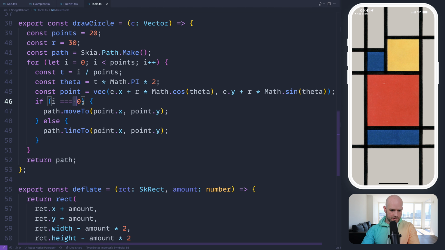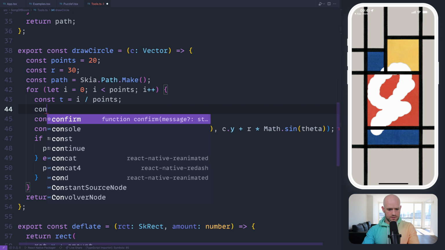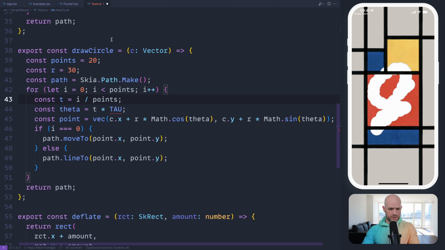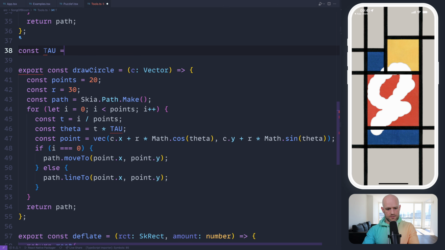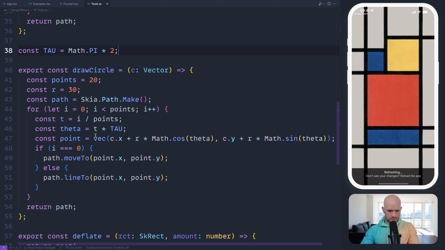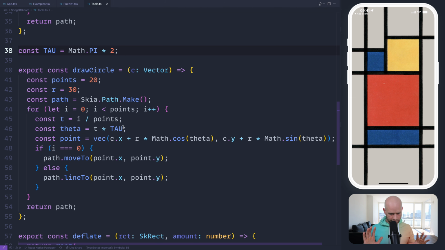Then if it's the first index, we do a move to, if not, we do a line to. So this looks correct. And maybe I can create a tau here, even put it outside. This was given to us by Copilot, but it is very sensible.